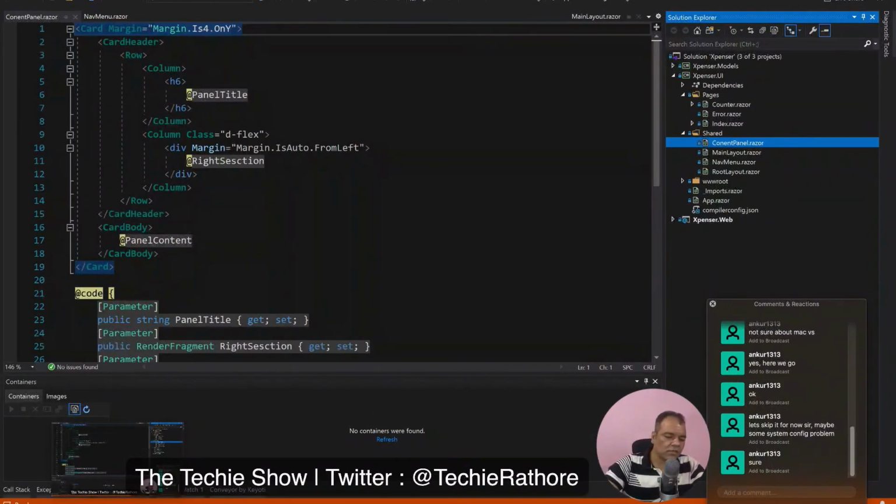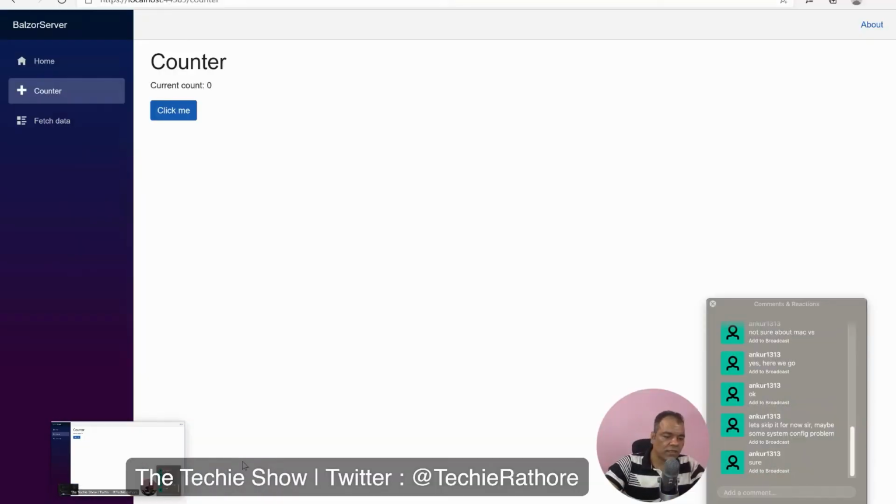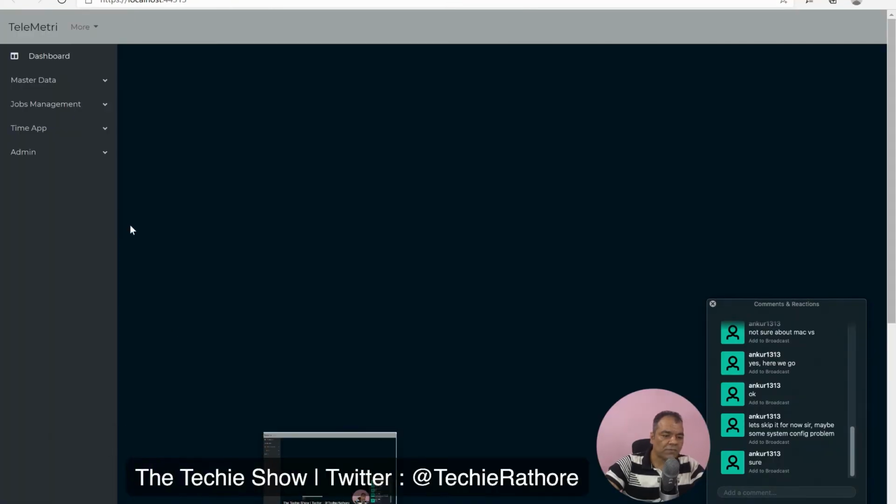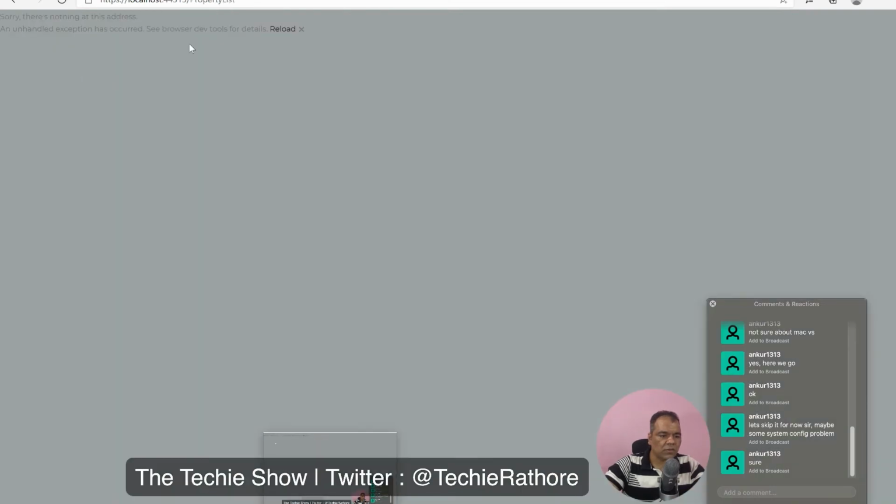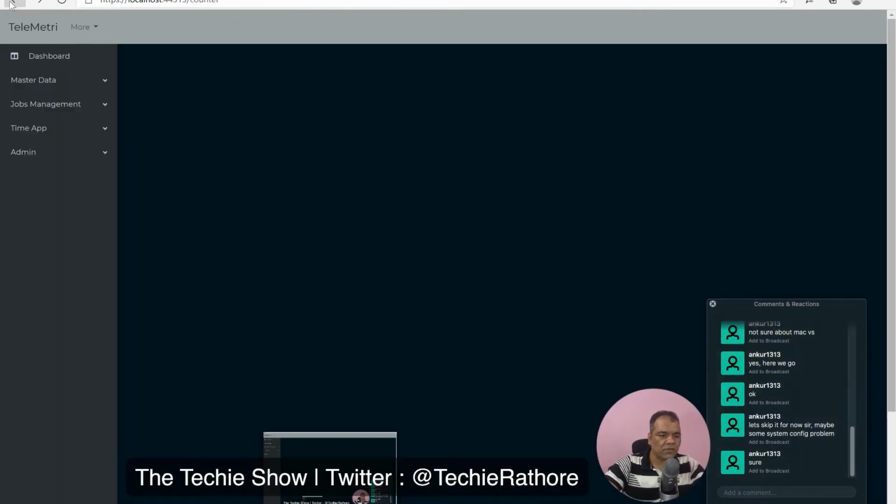this application is running, I guess, right? We have this Blazor server and then another one, Expenser. So we have these different applications. So counter, receipts. Okay, this is just the menu. This is not working. So yeah, this is the counter page.